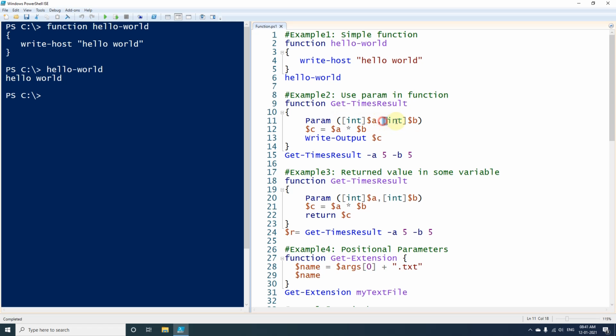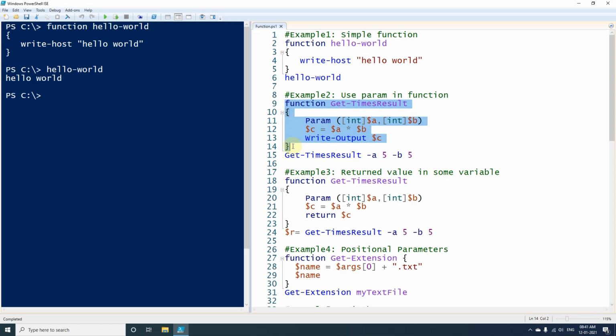In the next line I am just multiplying both the parameters and assigning this to a new variable called $c, and at last I am printing variable $c.